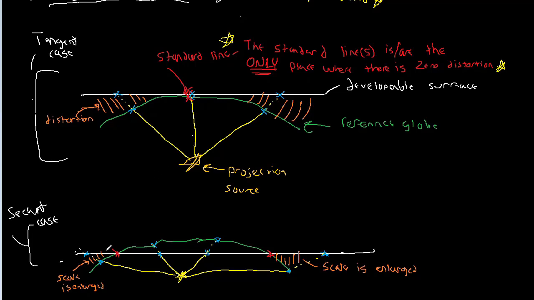Right, so the difference between a point here and a point here is closer on the reference globe than the distances between here and here on the developable surface. But in the secant case, we have a second type, and I'll go and make this in pink, right? This area here,